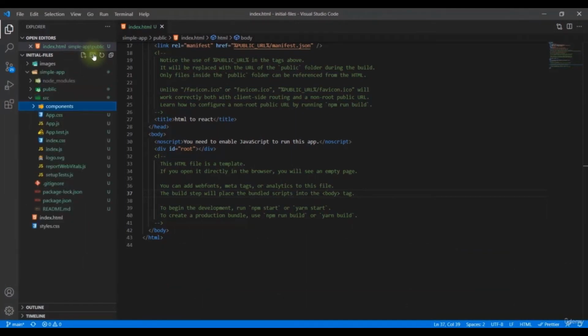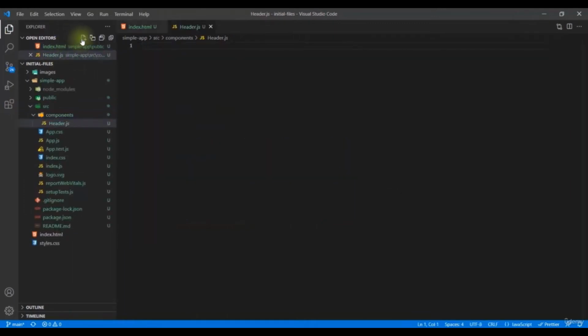components. Okay, so these are the components that we'll be actually having, only 3 components for now. That would be header, footer, and body, because this is a simple basic level tutorial. So the first component is header.js. So the second one should be